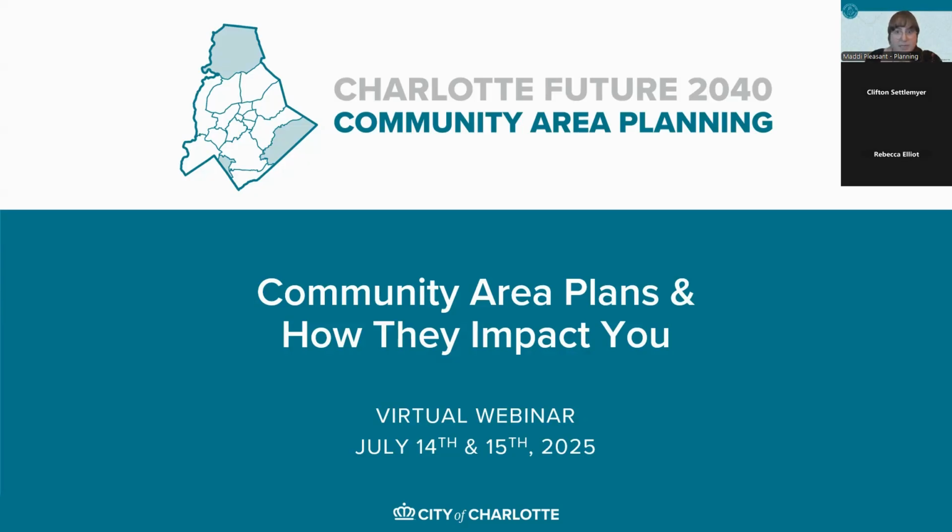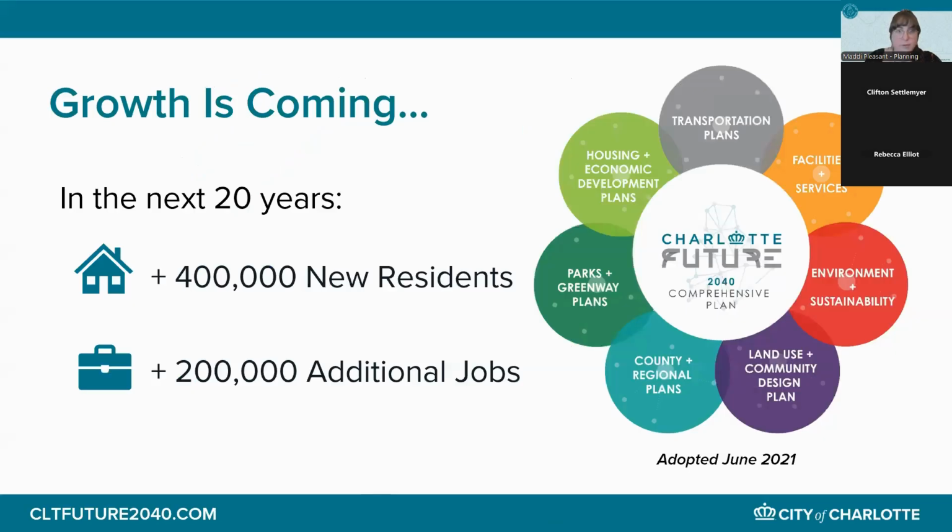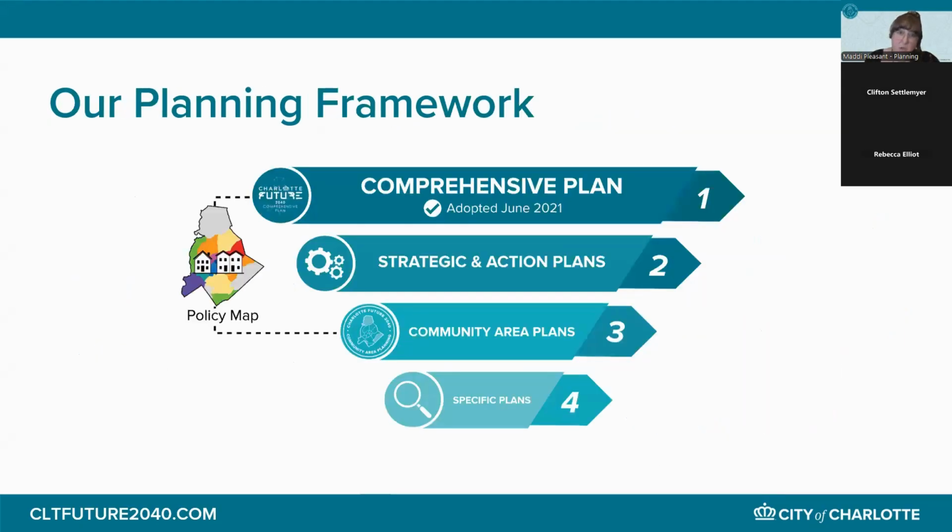So, as I mentioned, this will be the East Inner Community Area Plan, and I'll start with a brief overview. This outlines the reason why we developed these community area plans: Charlotte has been continuously growing for decades and it's projected to keep growing. As a response, our city adopted the Charlotte Future 2040 Comprehensive Plan in 2021, which defines our 20-year vision for growth and change here in Charlotte. The plan essentially calls for future growth to benefit as many people as possible.